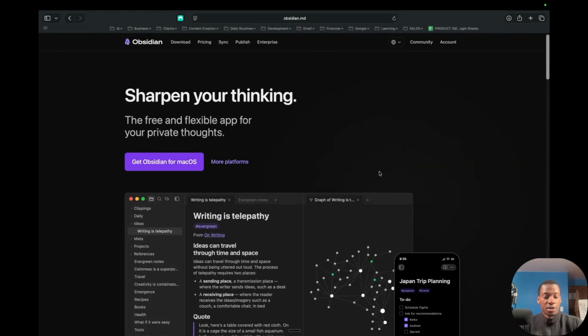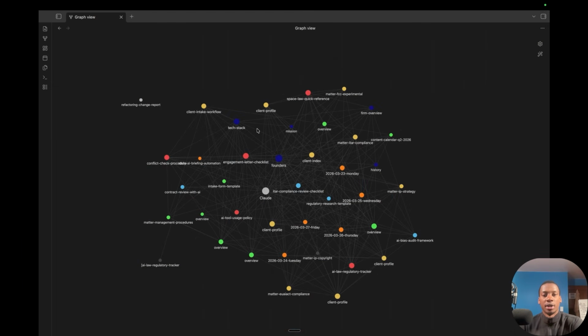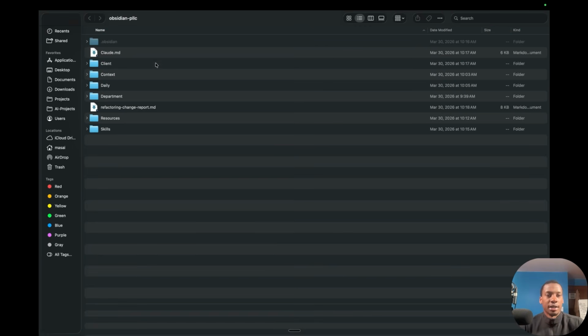And so getting started with Obsidian is actually really straightforward. You'll just go to obsidian.md and you can download Obsidian. It's a free app that you can get. And what we're doing is we're just visualizing a folder structure here. And I'm going to walk you through now the folder structure that I would recommend for getting started. Basically, it's just a folder, a normal folder like you would have anywhere else on your computer.